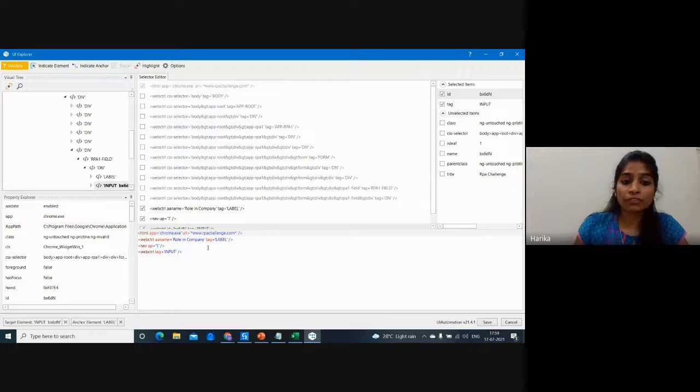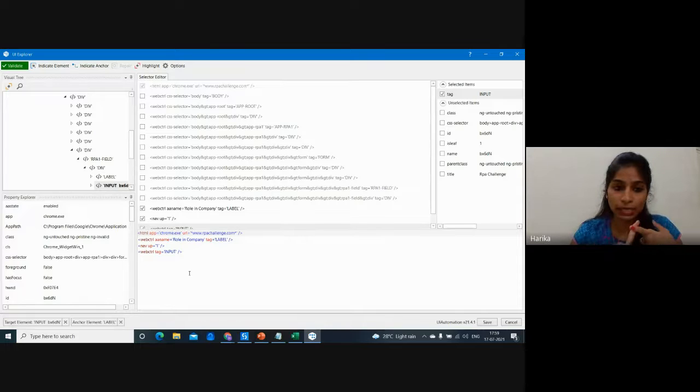So what I have done exactly here, if you're confused with this, let me just show you. Firstly, I have taken an input tag, but we have seen if you take the input tag, it's not identifying the field exactly. So I'm going to refer it with a particular anchor. I'm going to tell it, take the input tag which is close to a label. So if you just see, this is a label, right?